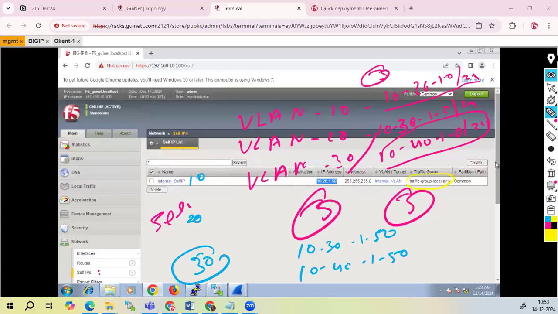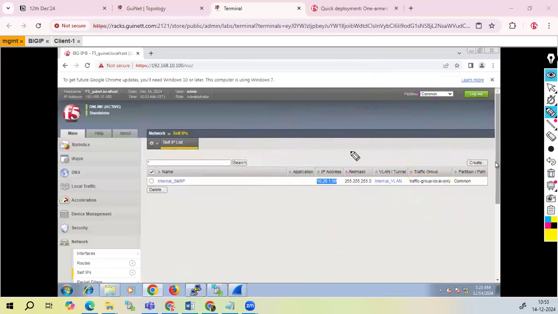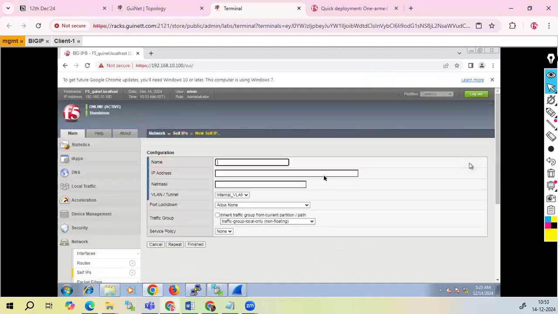So if we need to create the floating IP, what other option do we need to choose? If you see traffic-group-local-only here, we will use traffic-group-1. What is that? Floating IP. So floating IP is nothing but